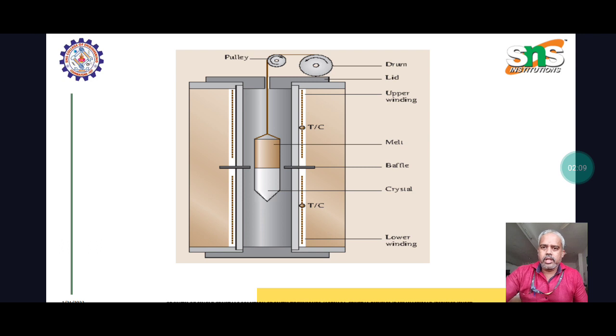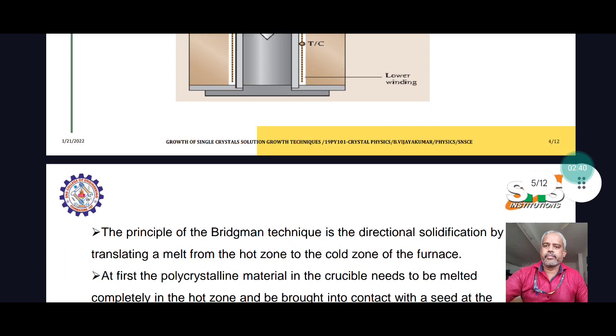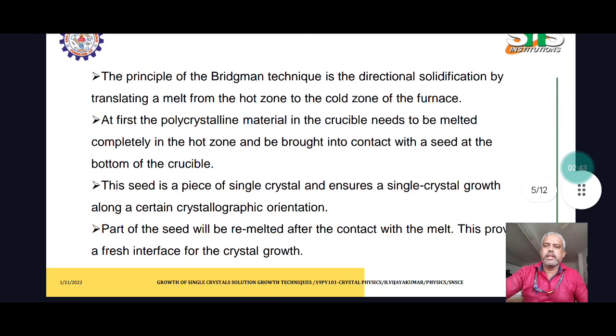The lower winding is used to maintain the molten state at a particular temperature. The drum and lid are at the top. The upper winding and the lower winding are connected to maintain the temperature at a certain degree Celsius. Then the melted state and crystal state are formed in the middle, with the flow of pulleys. The principle of the Bridgman technique is directional solidification by translating a melt from the hot